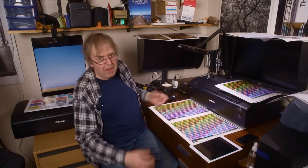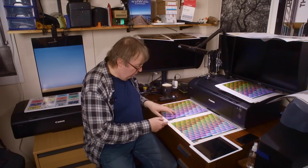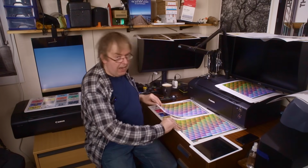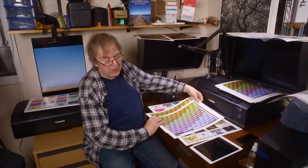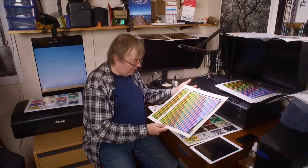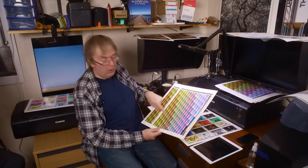Let's say I'm happy with these lighting levels. That's the profiling sheets. What differences can I see between them? Well, if I put them a bit closer, so I'm comparing light with light under similar lighting levels. Now, anyone who shows you this on a video and says, "Here, look, the differences are obvious," well, I won't accuse them of chicanery, but I do not expect this video to show any difference